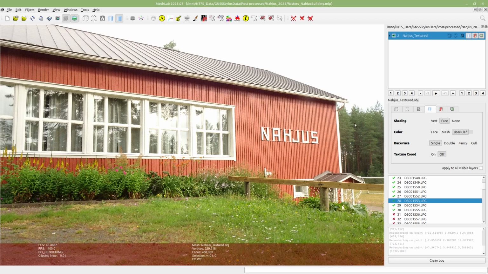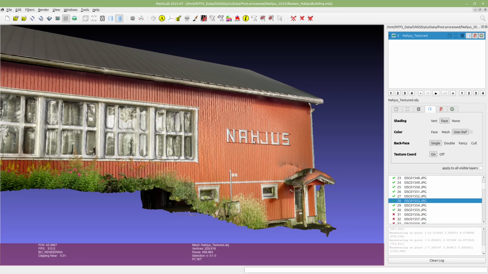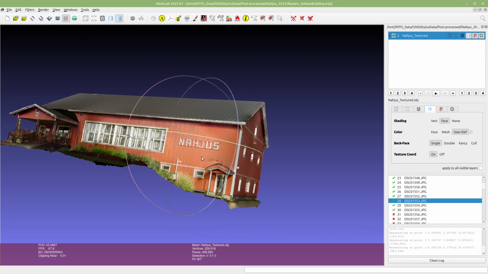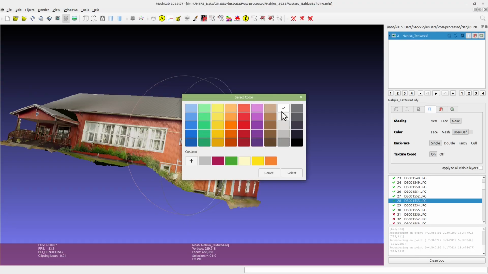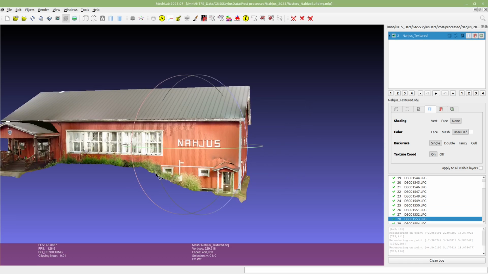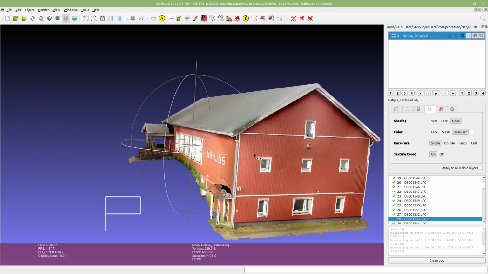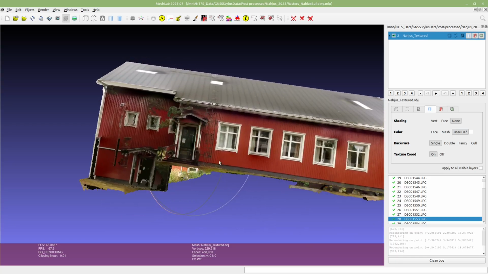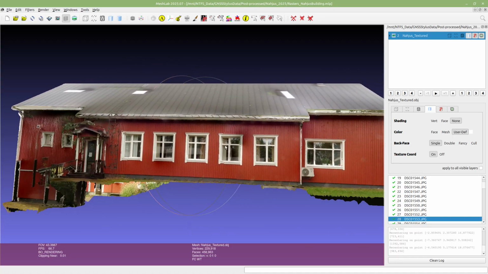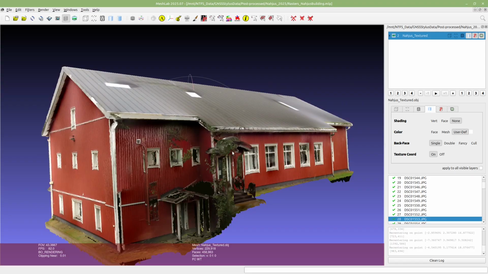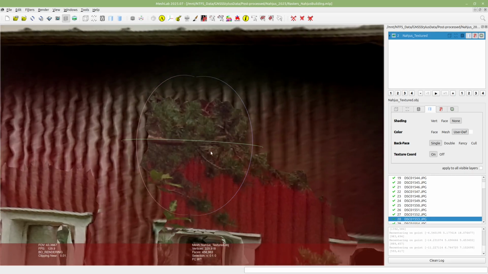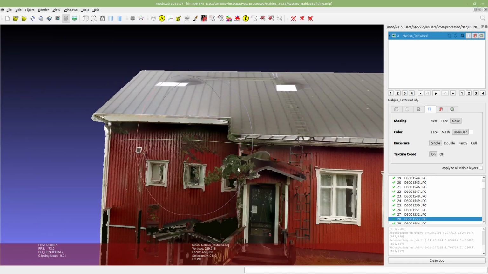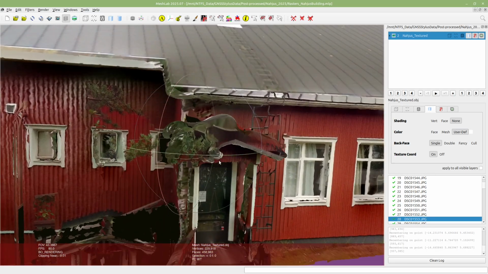But let's see the final object here. Tune a bit these shading options and such. This is the same object as used in the simulator. There are some weirdnesses like tree branches projected onto the walls and such.